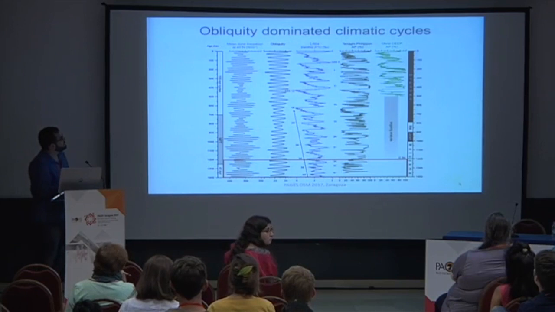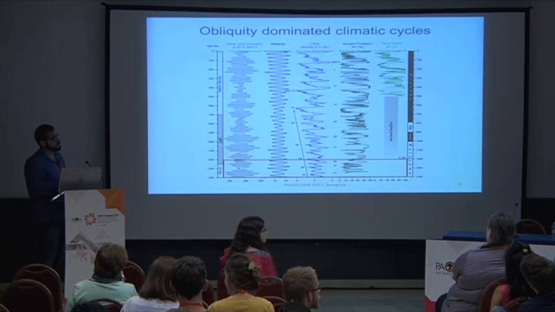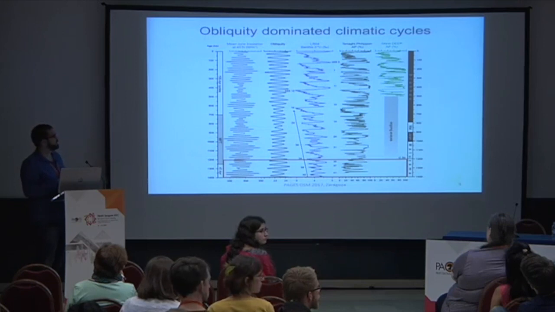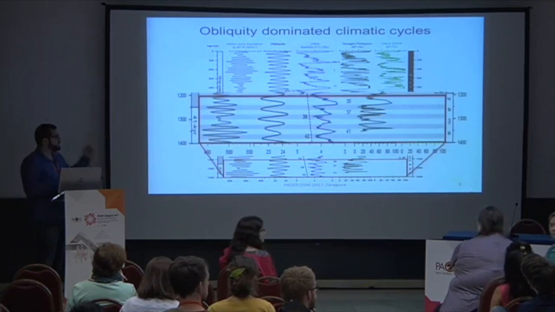Here you can see the published arboreal curve from the Ohrid record plotted against age. And there are some orbital parameters here, and of course the benthic stack and the Tenagi-Philippon record, which is another continuous lacustrine record from the region. This is the study interval once more, and what I would like to point out here is that we are